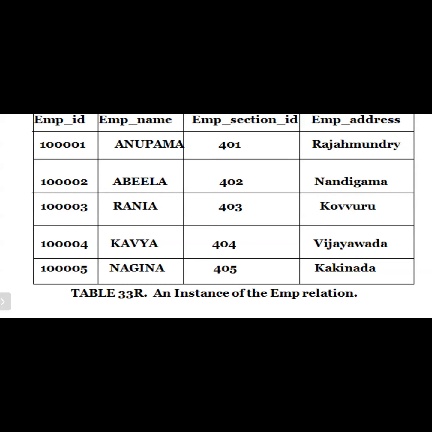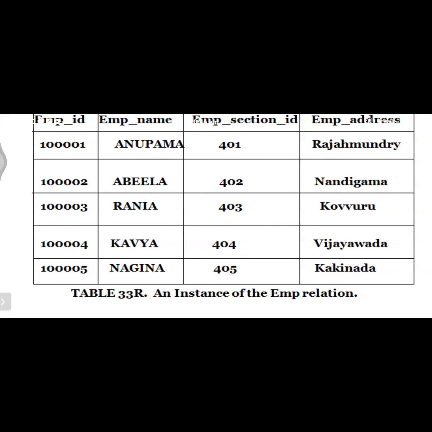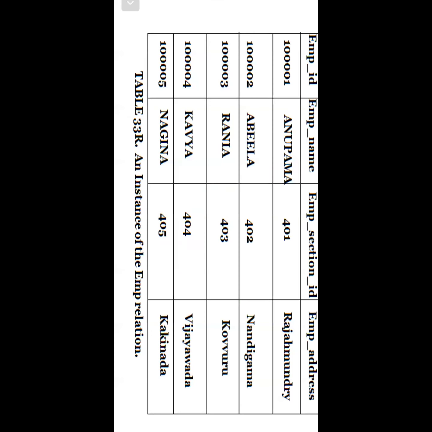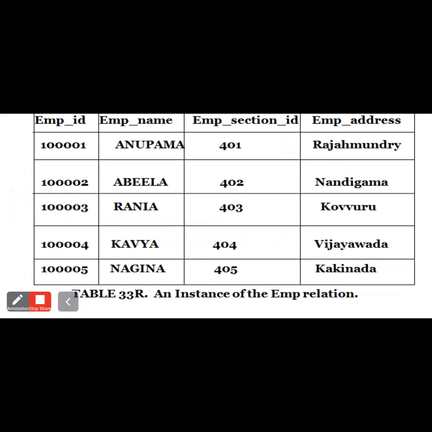But you should remember one thing. When we are dividing or decomposing one table into smaller tables, there should not be any loss of data. And we also consider another thing, that is dependency preservation. These two properties are mainly considered when we are decomposing a table into smaller tables. So when decomposing one larger table into smaller tables, remember two things: one is lossless join, and the other is dependency preservation.